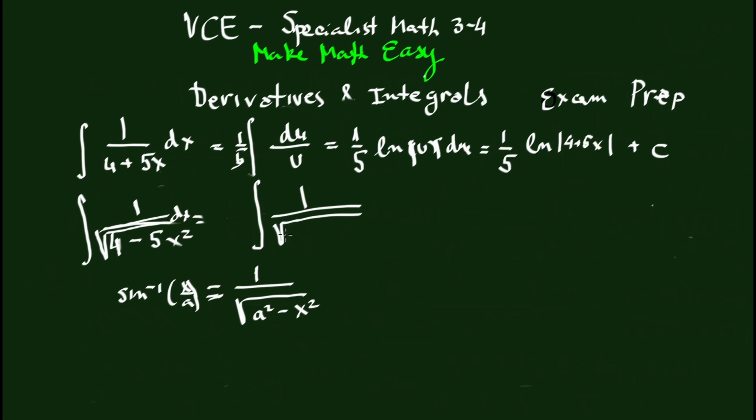If I take 5 here out of the bracket, in the bracket you'll have 4/5 that multiplied to give 4 minus x squared, and the dx here. So if you now take the square root of 5 out of the integral, in front of it becomes 1 over square root of 5,